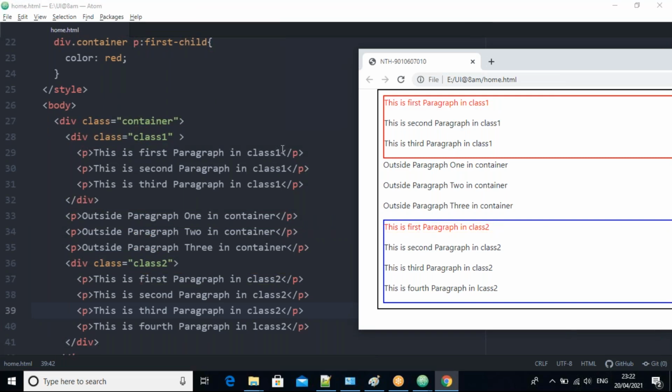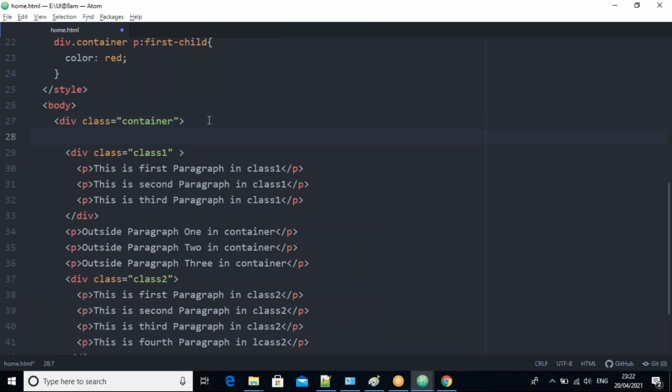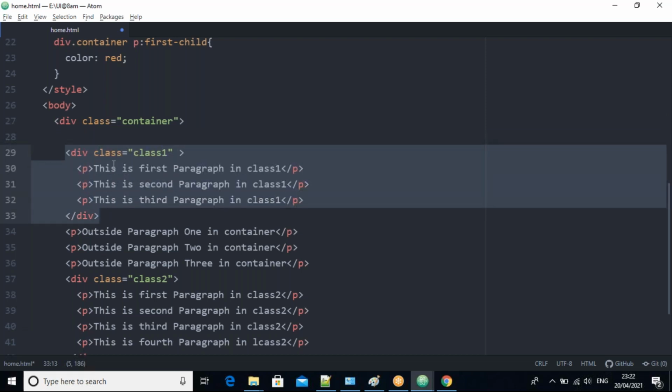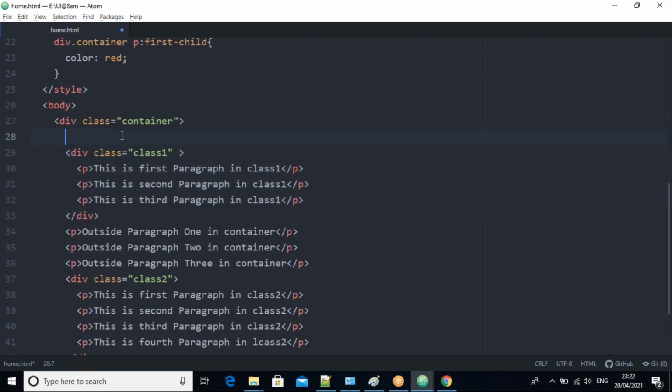Suppose now I take one paragraph in the container as a first child. In the container, what is the first child till now? This division is the first child. Now I take one paragraph here, like this, as the first paragraph.